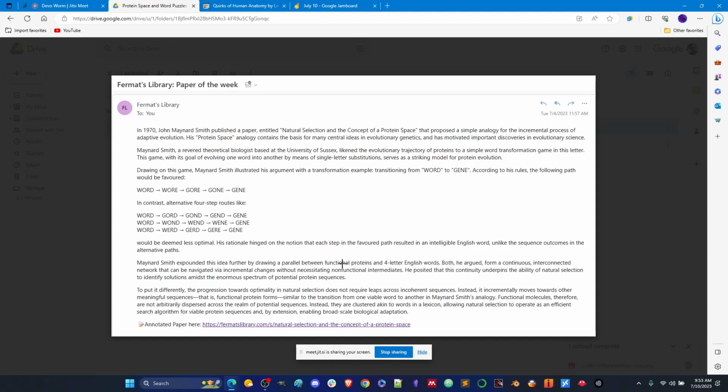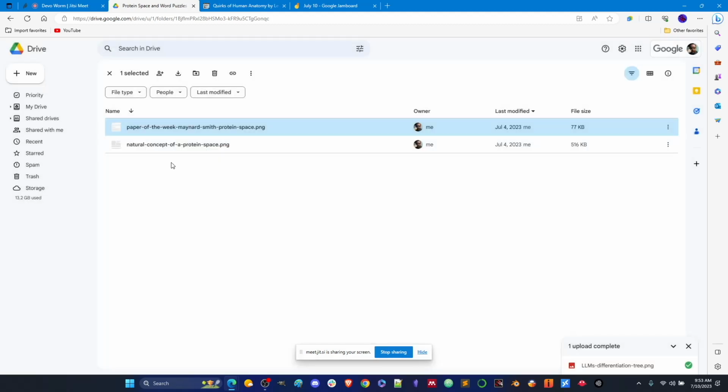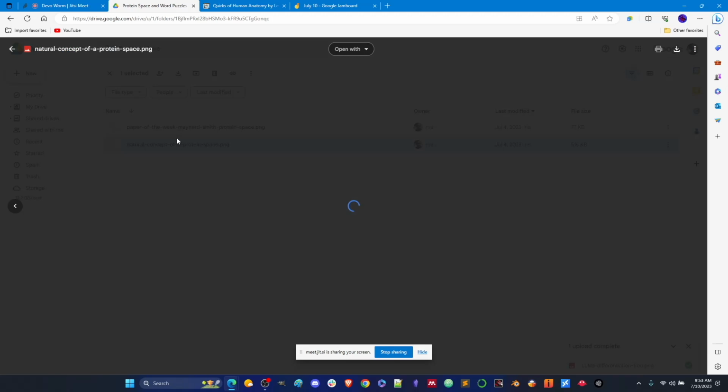You can look at the transitions between different words and build a space from that. And so that's sort of treating protein sequences and gene sequences as a linguistic sort of dictionary. This was from 1970, and then this is the paper here,